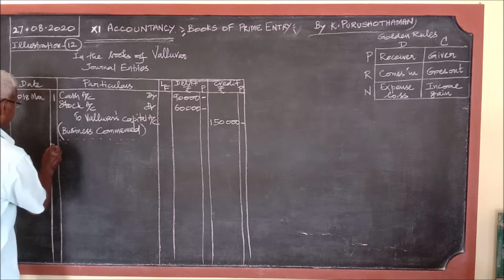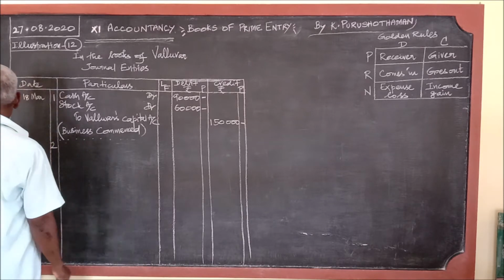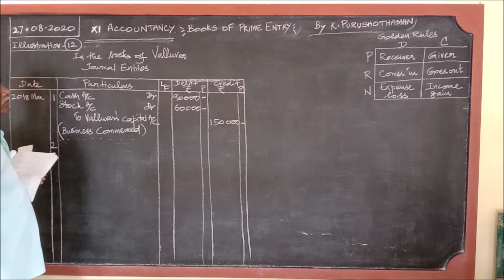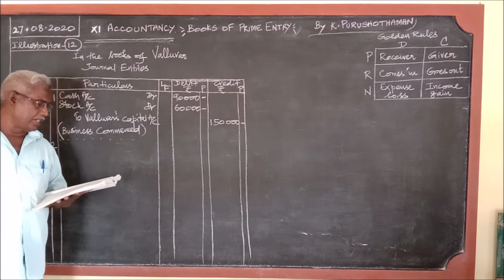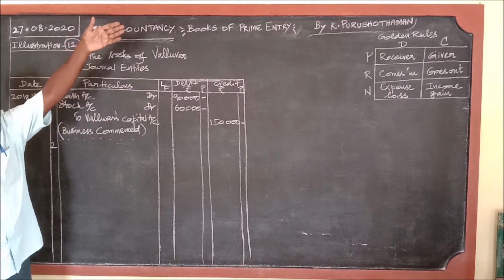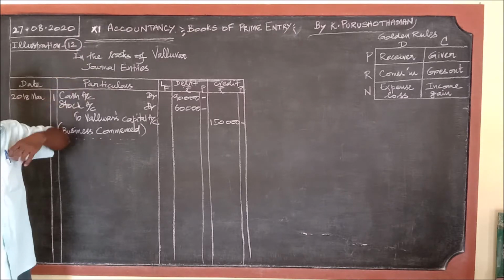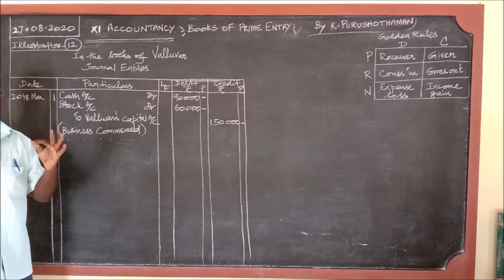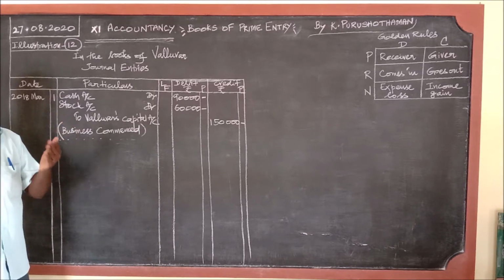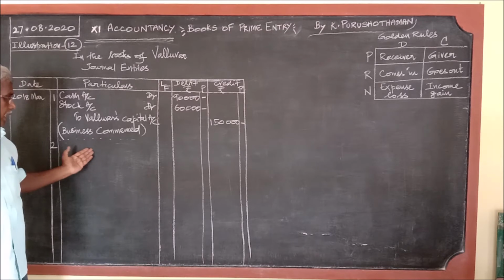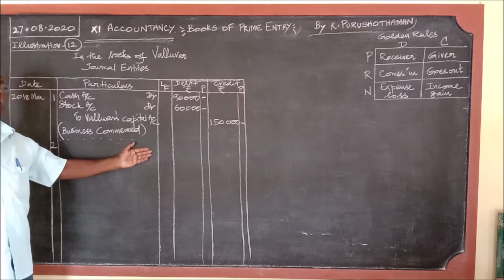Then second, purchased 20 ready-made shirts from X and Co. on credit. When 20 ready-made shirts are purchased, see the rules, anything comes in, ready-made shirts are coming in. Okay, very important question, listen. What comes in when ready-made shirts are purchased? Ready-made shirts are coming in. So, what should you write? Ready-made shirts account debit, you will write.